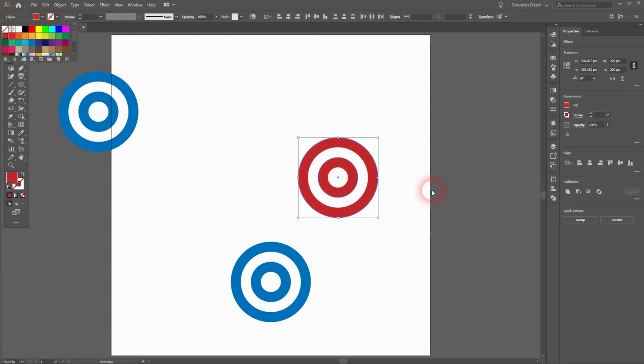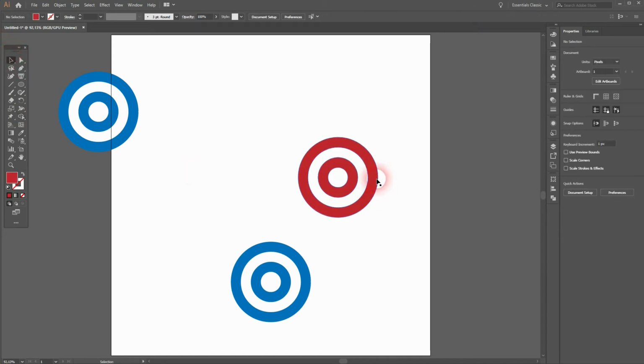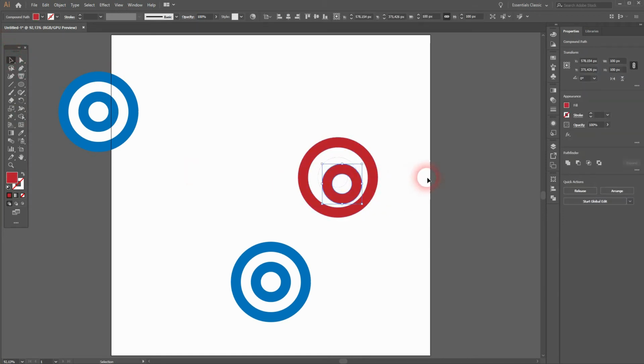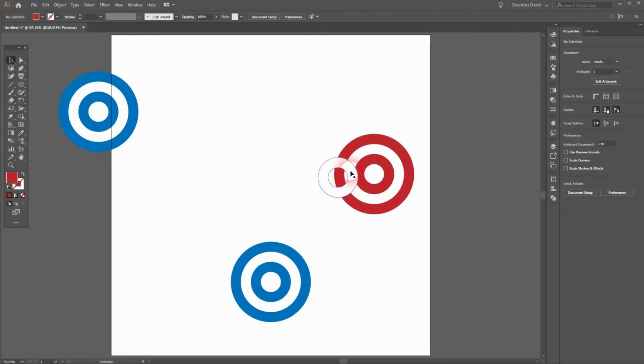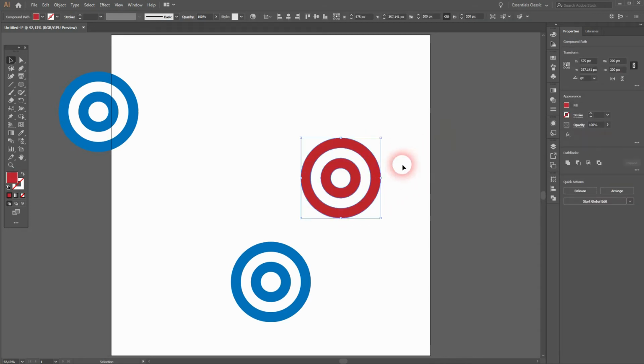I'll change the color for this one to red. And I use the shape builder tool, make sure you've got it all selected. And then hold Alt and delete the white circles. Could be that you need to delete this one and the white one. This is what we've got, and now we'll use the smart guides that will help us finding the right position